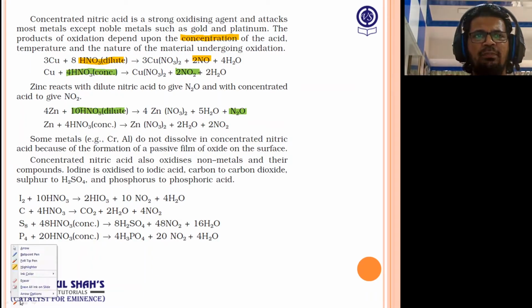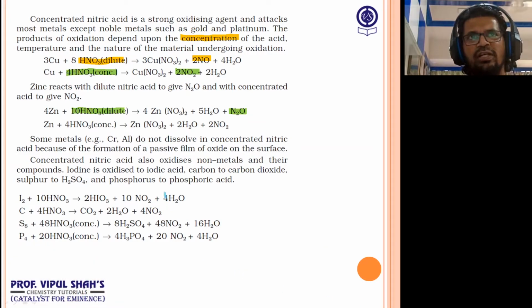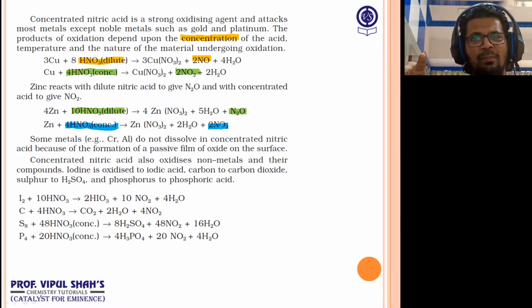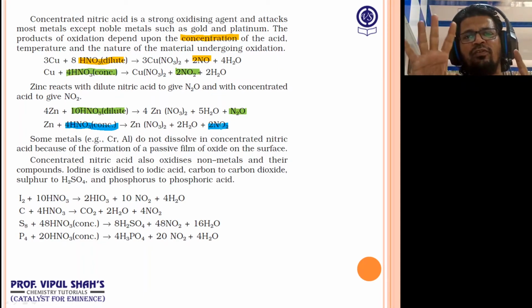And the second part, if I have to say, concentrated HNO3. So the same zinc reacts with concentrated nitric acid. Zinc is oxidized to zinc nitrate, HNO3 is reduced to NO2. NO2, again nitrogen becomes +4. So with both copper and zinc with conc HNO3, both are oxidized to their +2 and reduced to NO2. With copper with dilute HNO3, it forms NO, and zinc with dilute HNO3 forms N2O.